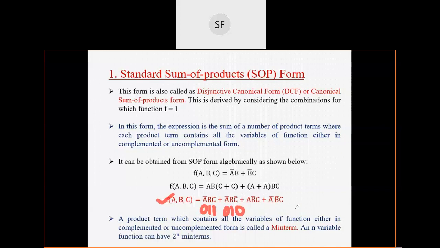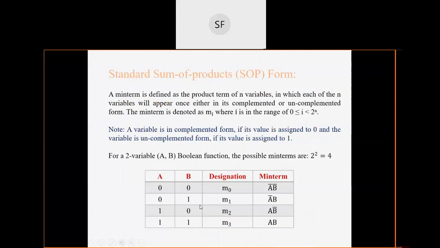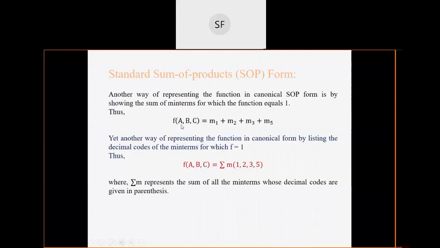Similarly, you have to do it for all the cases. So either you can represent like this, or you can represent like this. So function ABC is nothing but the summation, because it is sum of products. So minterms are in products, and thus the operation between two minterms is sum. So total M1, M2, M3 and M5 minterms were present. So again, you write the summation of minterms. But which minterms are present? 1, 2, 3 and 5. Right?